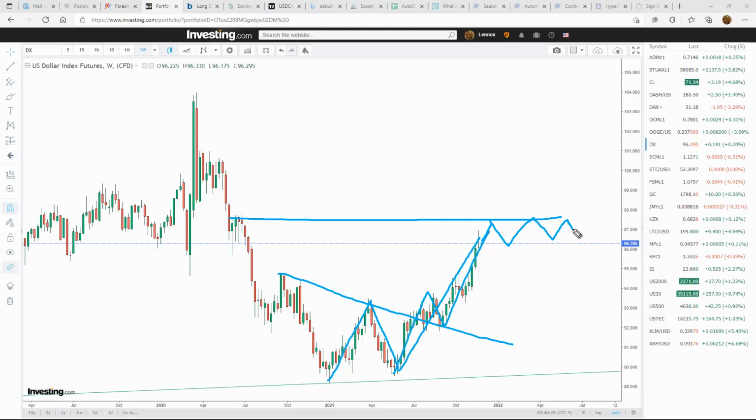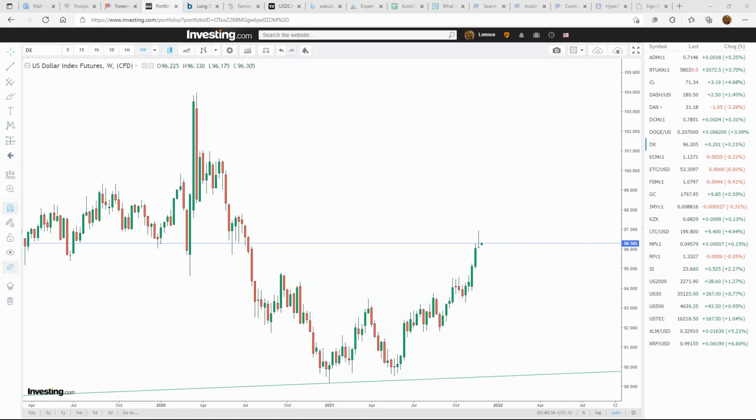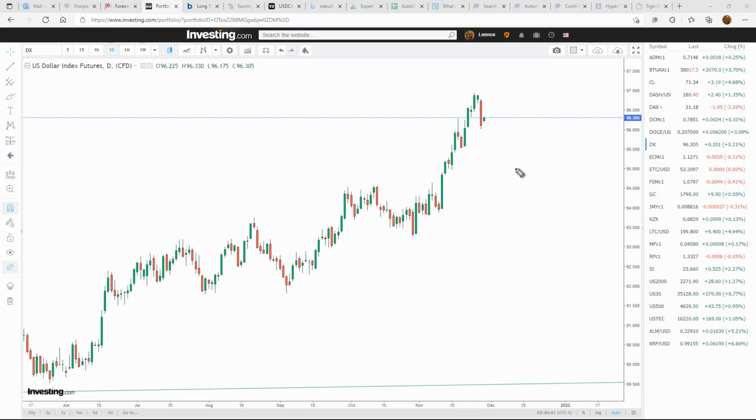And that can happen. We can take us back down. It can just take off here. So there's a couple of scenarios in here, but with this kind of strength, it looks like we might just slice through and continue to the upside. But right now, this is on the weekly, so that can take a while to play out. Also on the daily time frame, we're looking to push to the upside a little bit one more time at least before we get into that mess. So could be a short term down for gold, but overall we're going to be heading back to the upside going into the rest of the week.